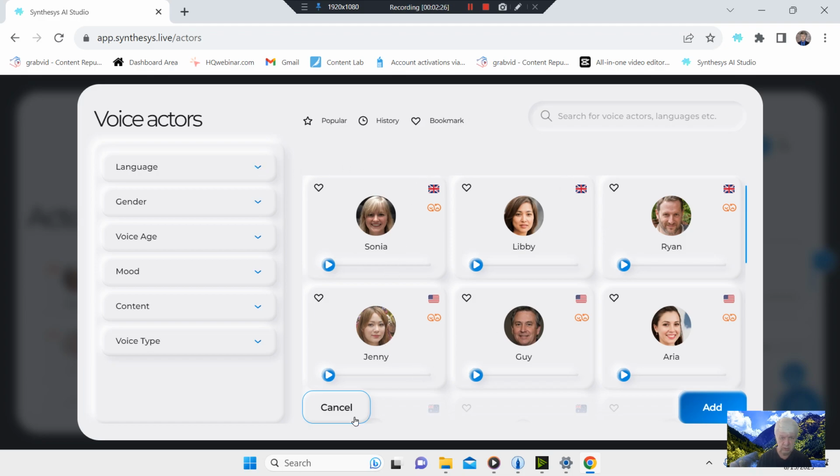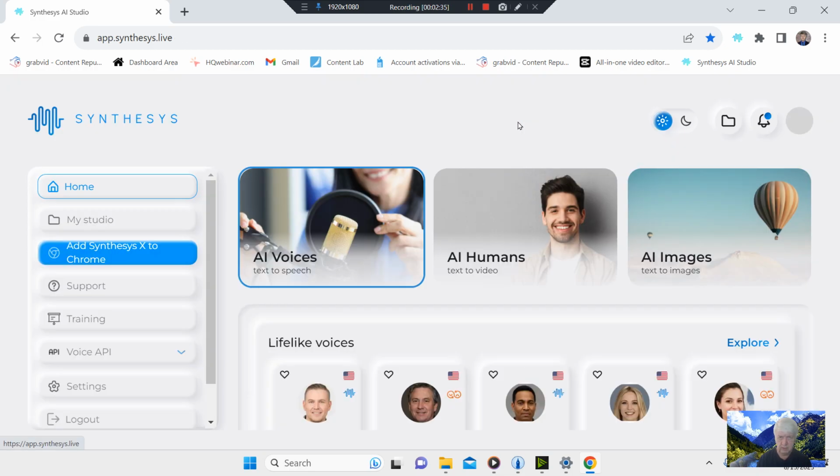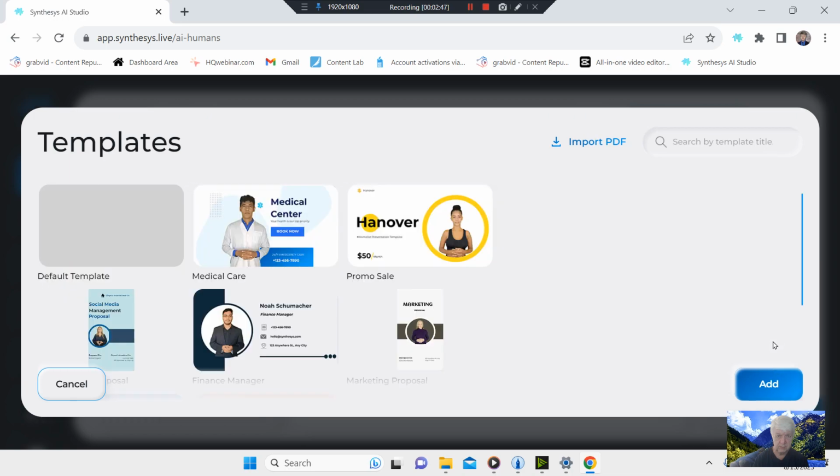We're going to see if we can get out of this temporarily and go back right here. There we go. Because this is my favorite part, the actual humans. And we're going to hit this little button right here and go over here for a second. You have to start really with kind of a template, and I usually use a blank background because they've got some built in, and I'll show you what you can do with the blank background.